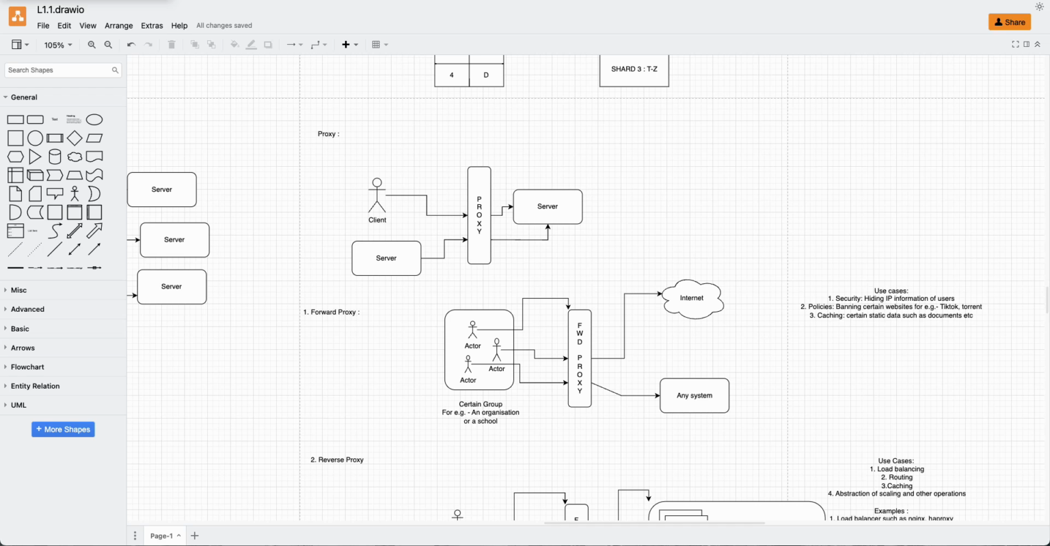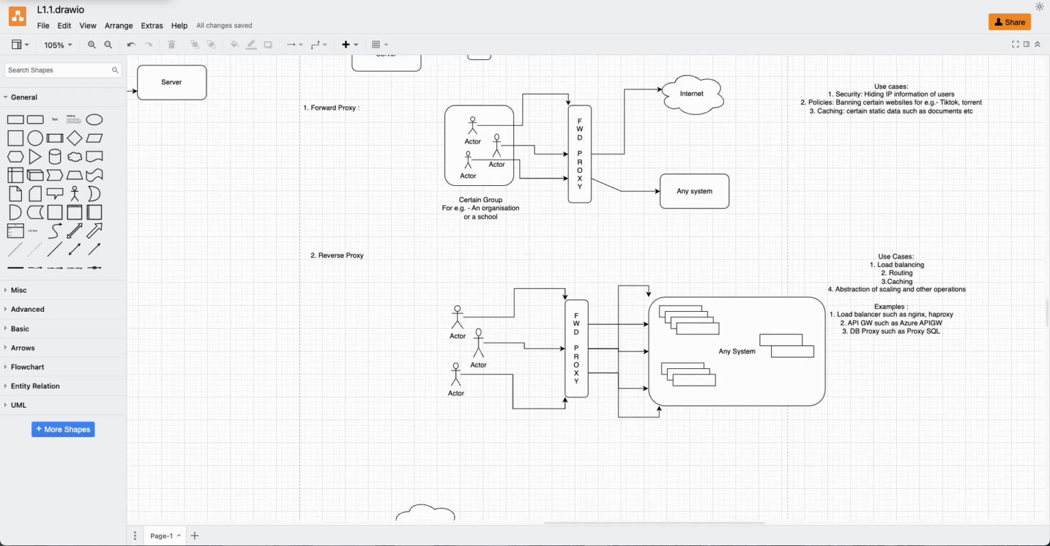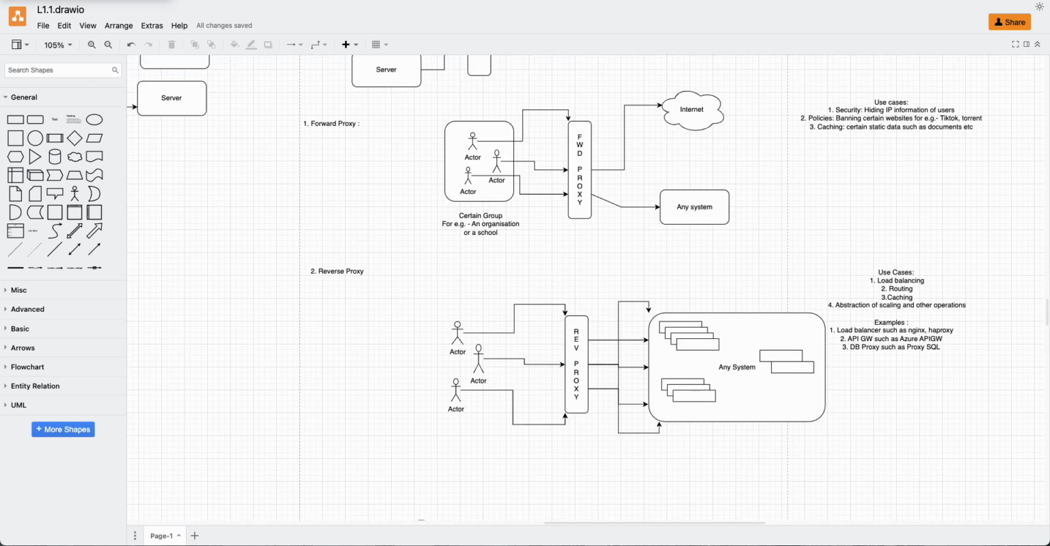So proxies are generally used to abstract out some complexities. Now let's discuss reverse proxy. As a forward proxy was put right in front of you, similarly a reverse proxy is put right in front of the system. Any system, let's say Amazon.com or any e-commerce website, has put a reverse proxy in front of their system so that